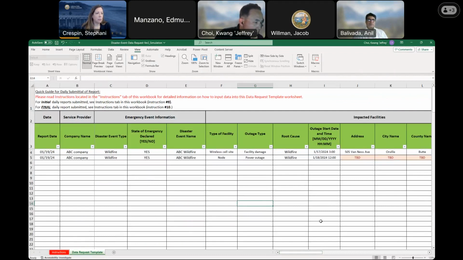We realize that sometimes people just want to jump in and get started, especially with such short timelines. This will, in the red font, remind you that there's a full tab of instructions and samples that you can refer to. And it reminds you that every day we consider those initial reports and however many days the event lasts, and then your final report is the very last one that comes in. The CPUC will be the one to tell you when you have submitted a final report, and we expect that every field will be populated and no TBDs.